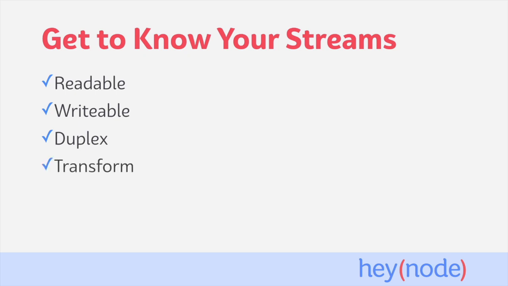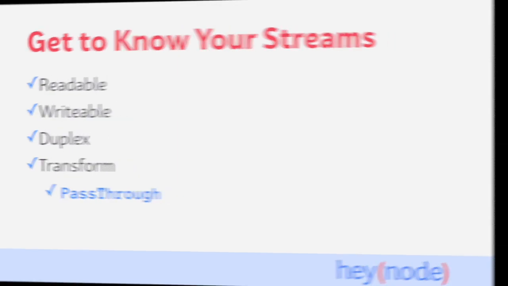A transform stream is a type of a duplex stream where the data passing through the stream is altered. The output will be different from the input in some way. You can write data to a transform stream and also read data from it after the data has been transformed. The final type of stream is a pass-through stream. Pass-throughs are a special type of transform stream which do not alter the data passing through it. According to the Node.js documentation, these are mostly used for testing and examples. They serve little actual purpose beyond just passing the data along without altering it in any way.